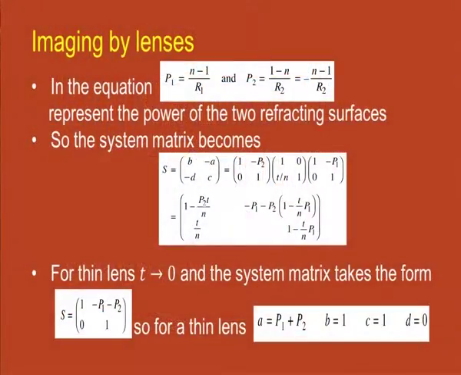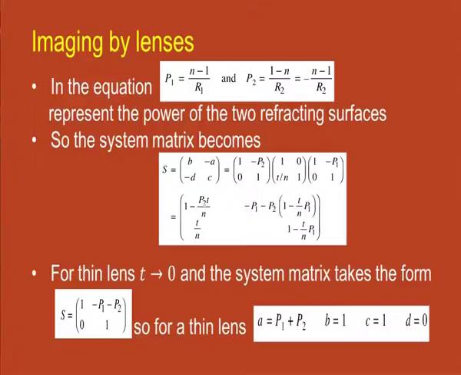In the equation, P1 is equal to (n minus 1) by R1 and P2 is equal to (1 minus n) by R2, that is equal to minus (n minus 1) by R2,